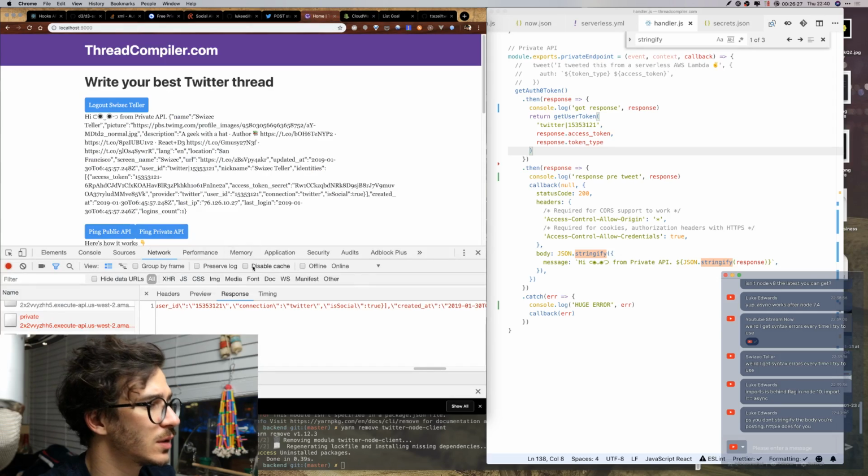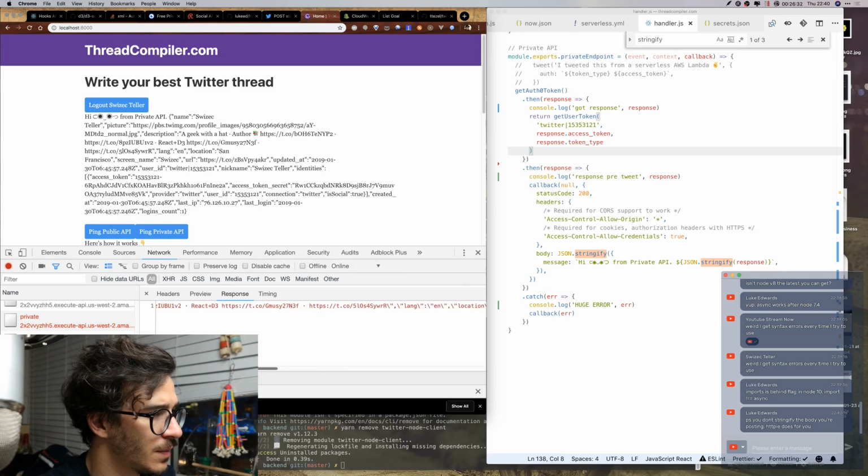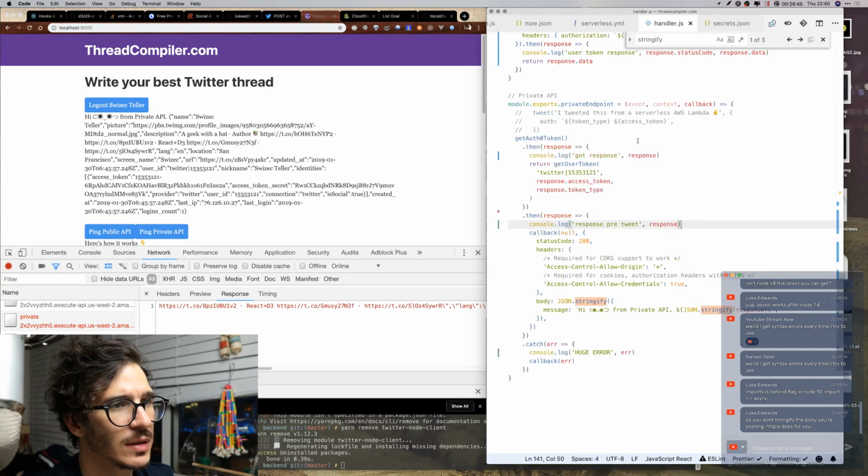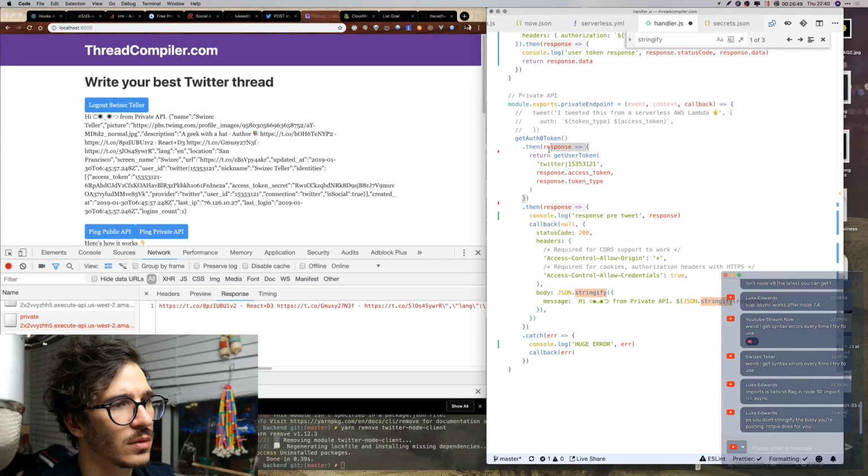So I know that we get our access tokens and stuff in the, what's this called, when we get this private API, and we have response pre-tweet. So I'm going to do it like this.